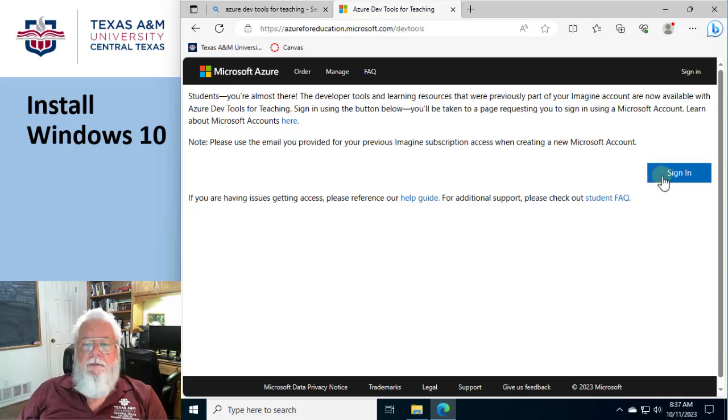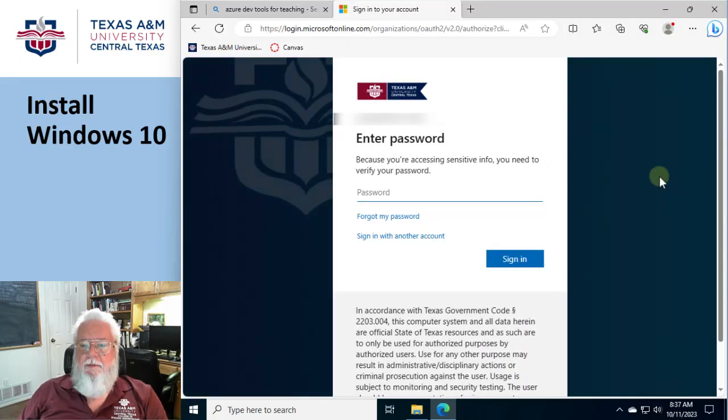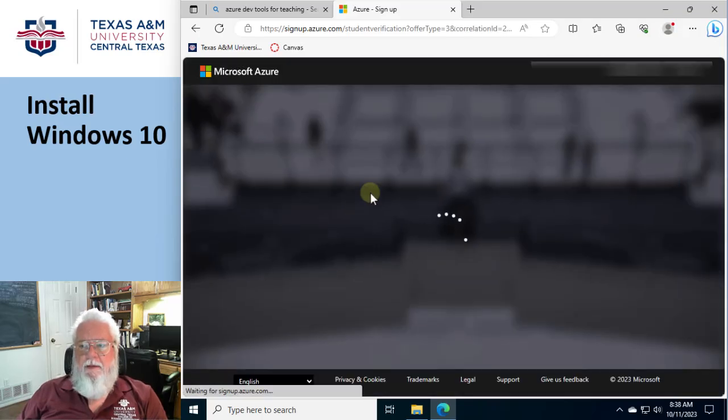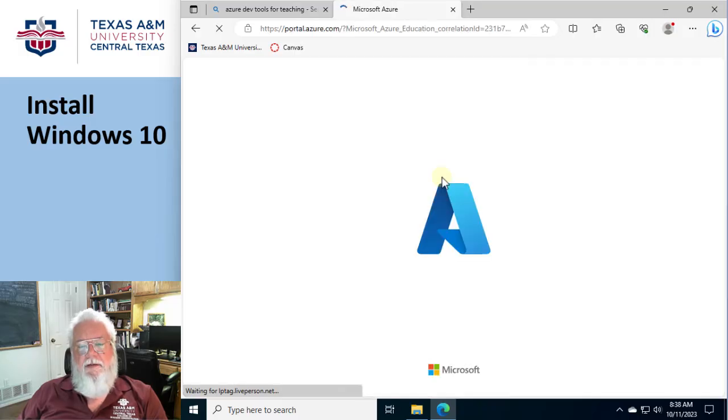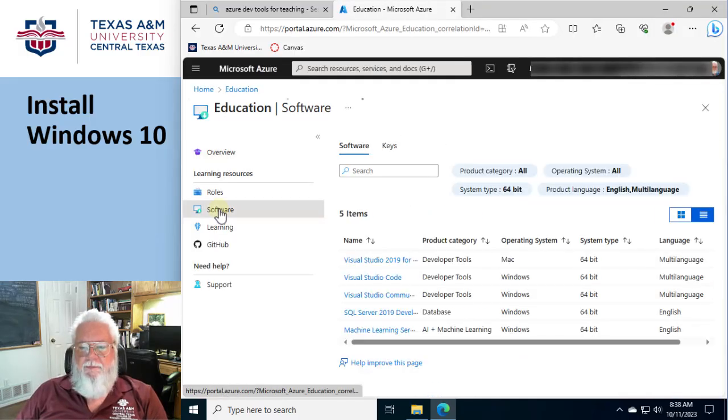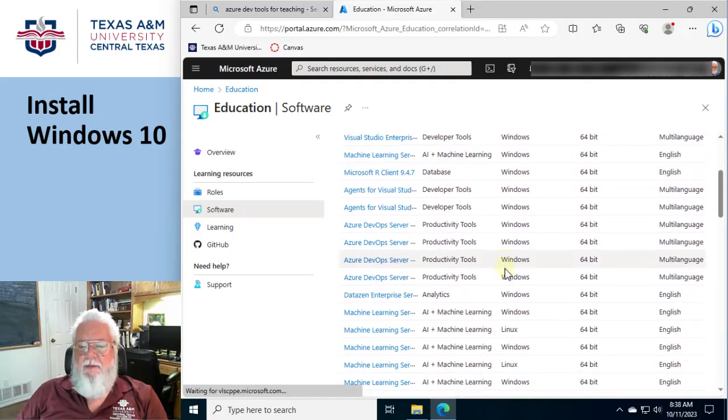Okay, so I do have to sign in. All right, kind of makes sense. So I'm going to go in here and give it my top secret super duper password. And then I'm signed in, and we're going to look at what downloads are available for us. So I'm not going to read any of this. I'm just going to go directly to the software part and scroll down there, and I need to find the